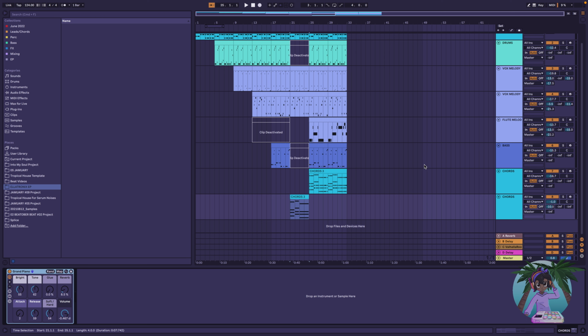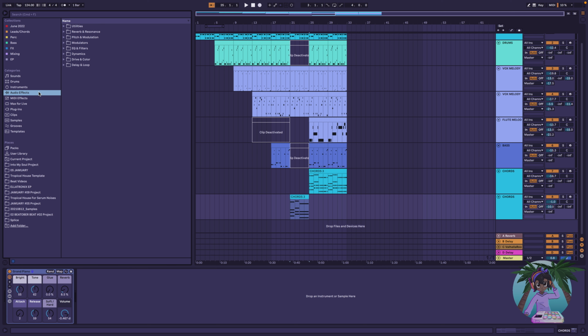All right, I'm going to see if I can find a nice pad type sound for these chords. And this is what you can do: when you're creating the beat initially, you're just laying a foundation. And maybe when you go to film the beat video, you might think, oh, I would like to add some extra layers to give some variation. You can add those in when you're filming it, and then when you're coming to mix it, just like I'm doing, you can think about the different types of sounds that you want to